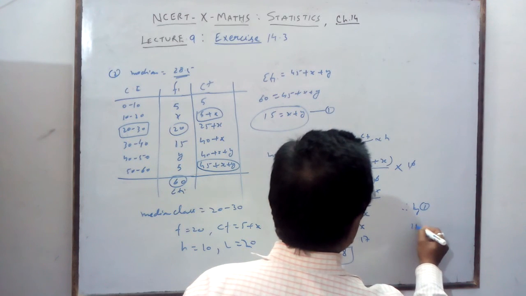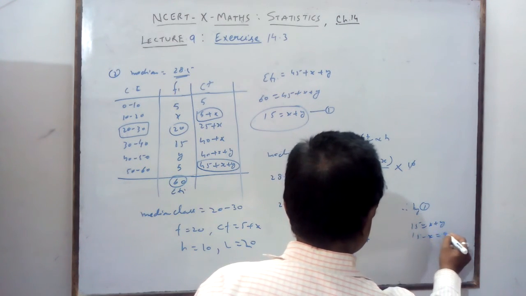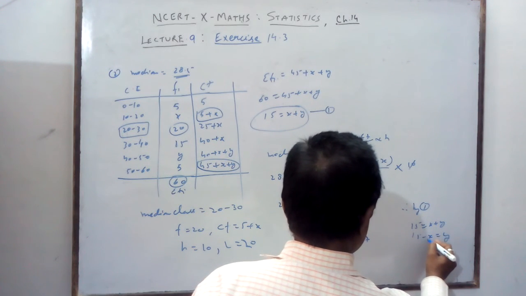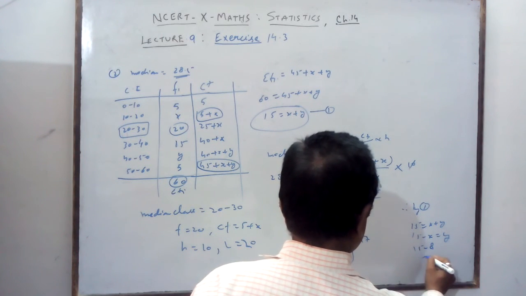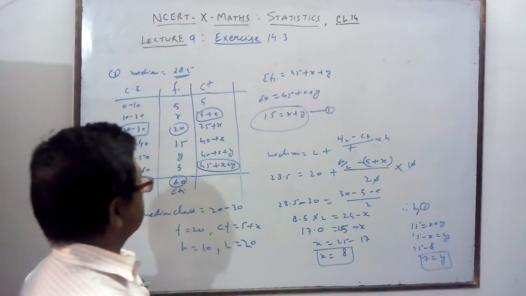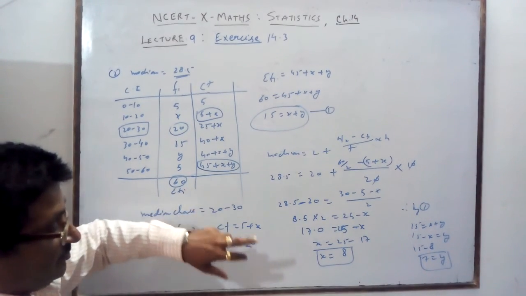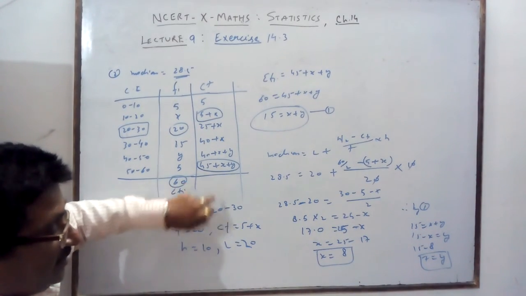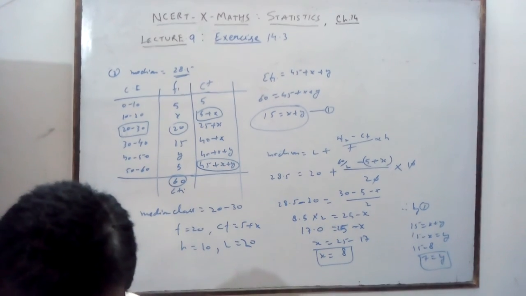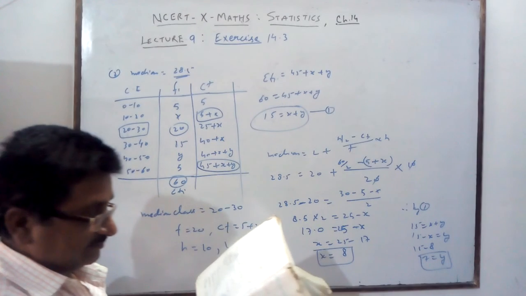Therefore, by first, 15 is equal to x plus y. So 15 minus x is equal to y. That is 15 minus 8, 7. What are you getting? 7. So 45 plus 15, you are getting 8 and 7, sigma Fi. What is the answer? You are getting 8 and 7.